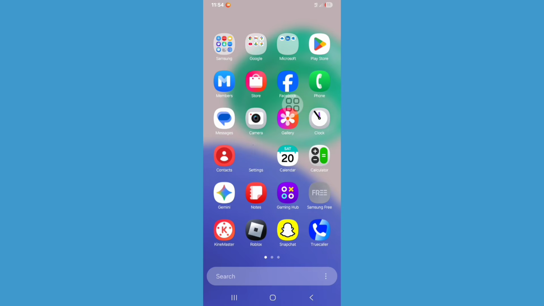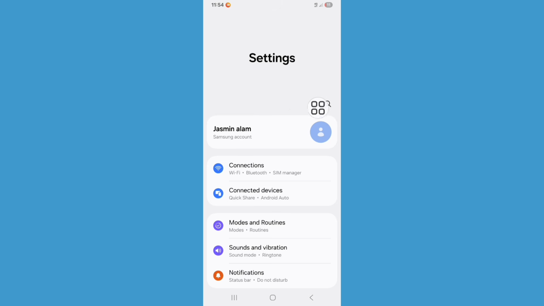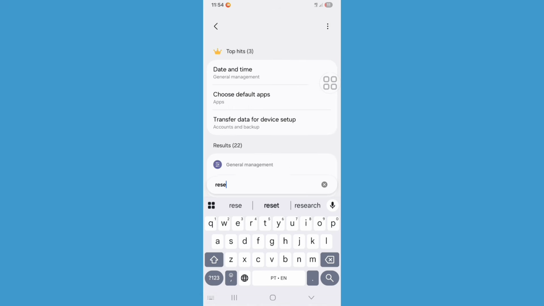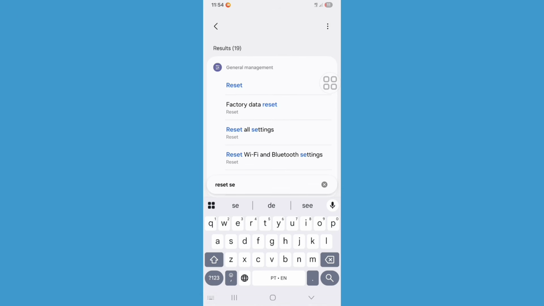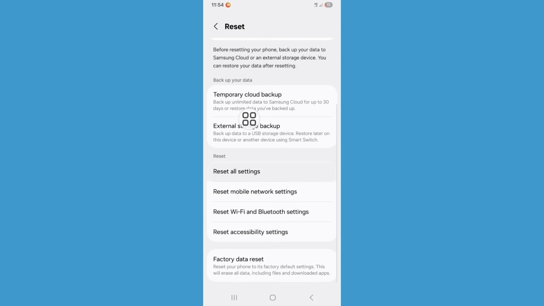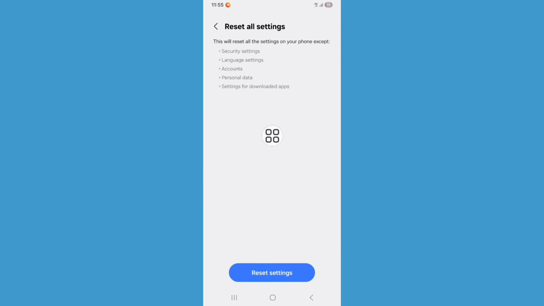Now go to settings, click on the search bar and search reset settings. Now click on reset all settings. Again click on reset all settings. Now click on reset settings